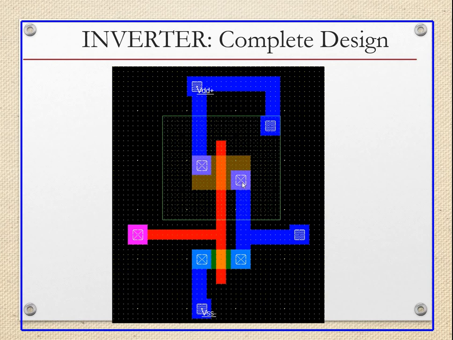Now the drain terminals of both the devices should also be shorted, and that is done with the help of metal. So this is the drain of a P MOSFET, and this is the drain of an N MOSFET. It is shorted, and this is the output. To the source of the P MOSFET we have to connect VDD, and to the source of the N MOSFET we have to connect VSS. And these connections are done with the help of the metal palette, which is blue in color. And likewise the inverter design is now completed.